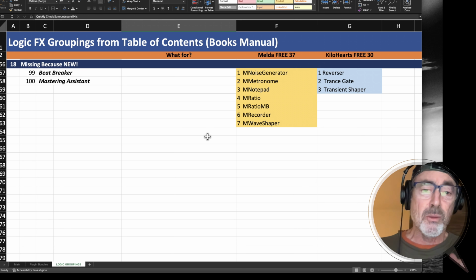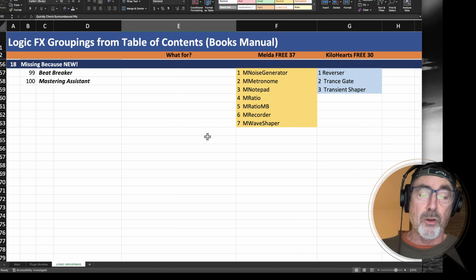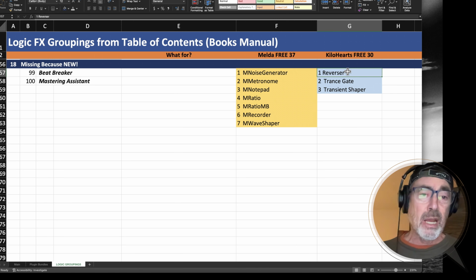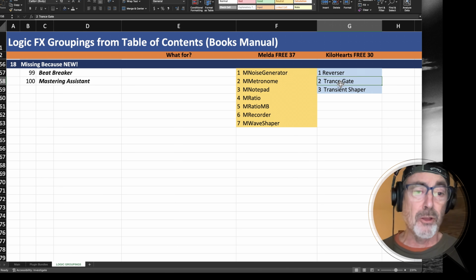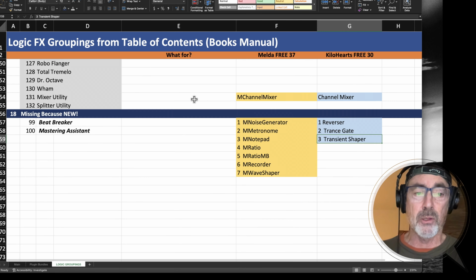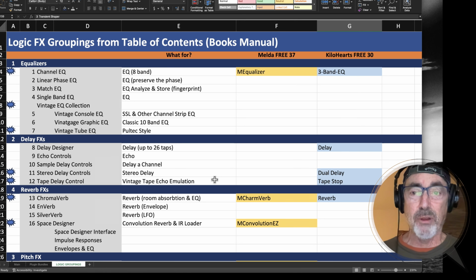For example, there's a metronome in Melda, but there's a built-in metronome in Logic. So do you really need another metronome? No. There's a notepad. Do you care that there's a notepad? No. With KiloHearts, they have something called a reverser. Well, you can reverse any audio or create a reverse effect with a digital delay. Do you specifically need a plugin called Reverser? Then there's things that are uniquely different, like the Transgate and the Transient Shaper. So these become the only differences between what's in those bundles and what comes with Logic. I think what you can conclude is that the 111 plugins that come with Logic is far more